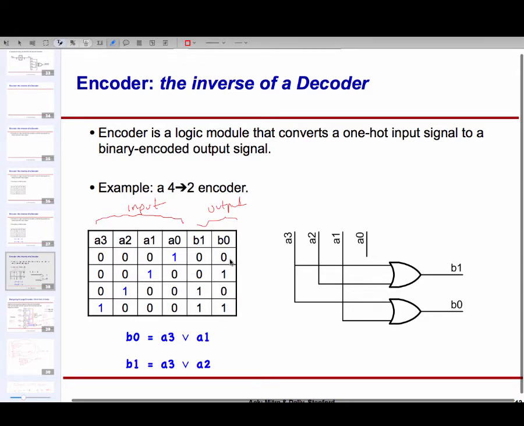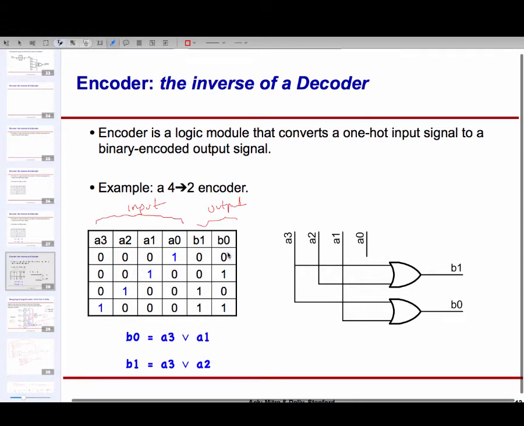As we have seen before, since the input is 1-hot coded, there are a lot of input combinations which are not valid 1-hot codes. For example, 0, 0, 0, 0 is not valid. Likewise, 1, 1, 0, 0 is not a valid 1-hot code, so they do not appear out here, and they are therefore don't cares.